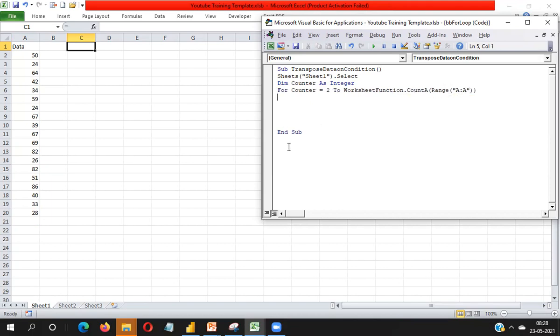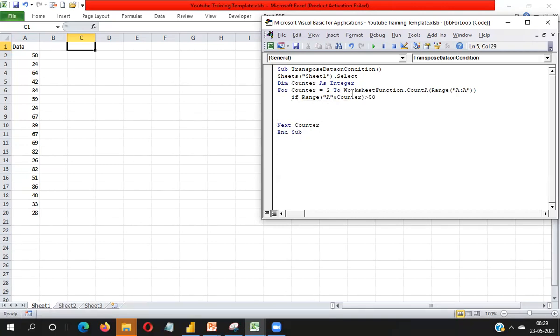Now I'm going to close the loop with Next counter. I need to write the logic here. Suppose you need to take only the data which is more than 50. So you need to write If Range("A" & counter) greater than 50.